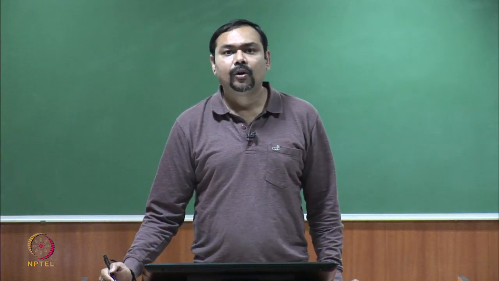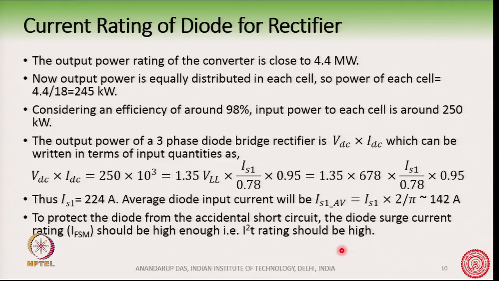And then we can also see what the current rating of the diode for the rectifier is. The output power rating of the converter is close to 4.4 megawatt. The output power is equally distributed in each cell, we are assuming. So, the power of each cell is about 245 kilowatt. There are 18 power cells, because there are 6 power cells in each leg and there are 3 phases. So, each cell handles a power of about 245 kilowatt. If the efficiency of the power cell is about 98%,